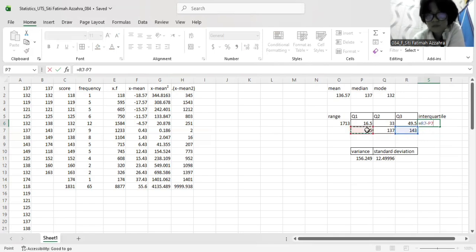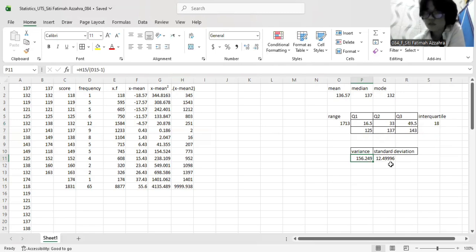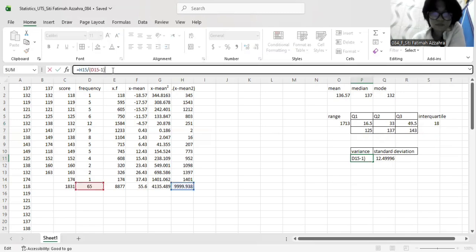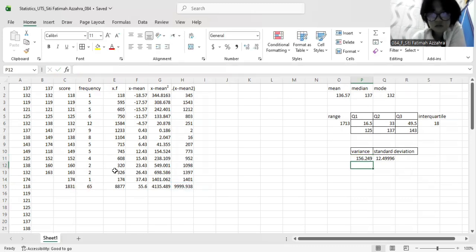So to find the interquartile, we're going to do this equals, and then ini dikurangin 125 sama dengan 16. So to search variance, how did we come to this? Okay, so tadi sini rumusnya. So we're going to membagi x min x kuadrat dengan hasil frekuensi dan kurangi 1. Oke, ini. Dan bagi tanda kurung frekuensi kurangi 1. Sure. That's how you do variance.